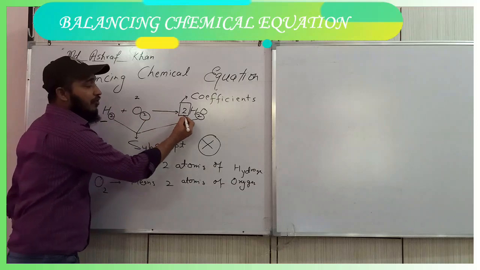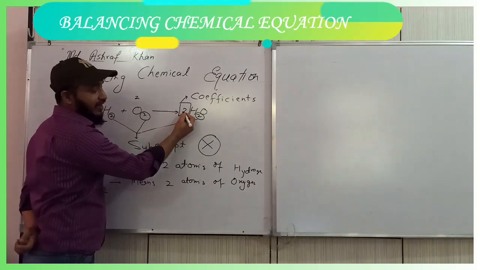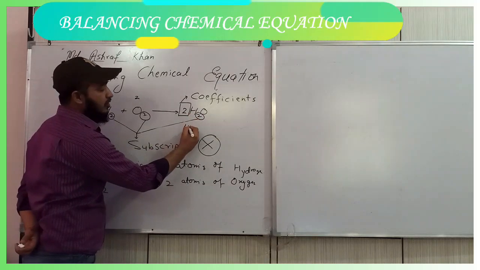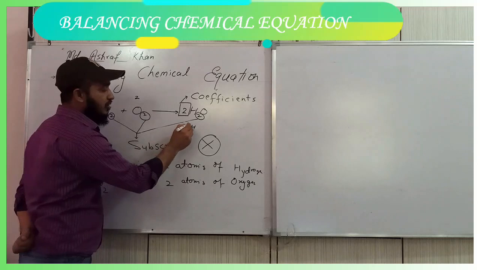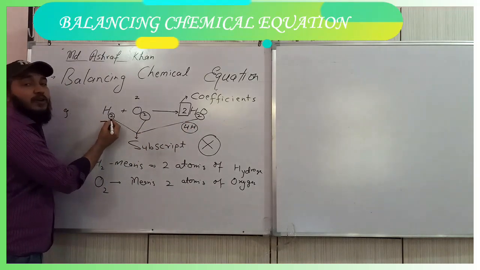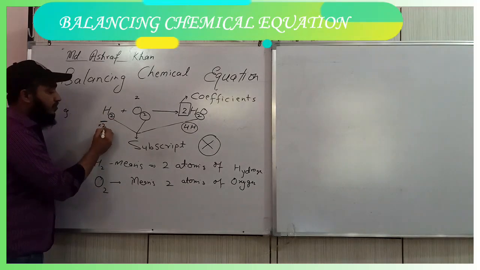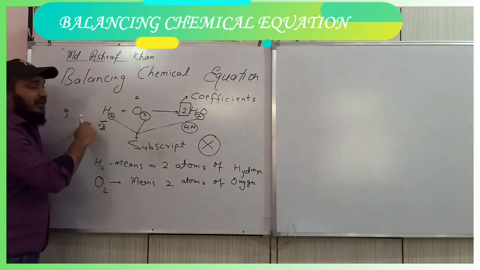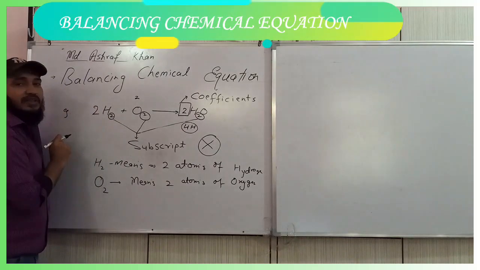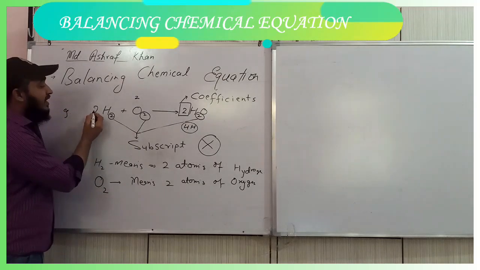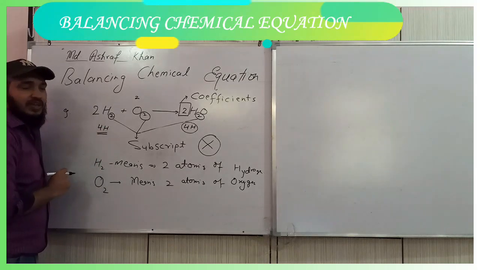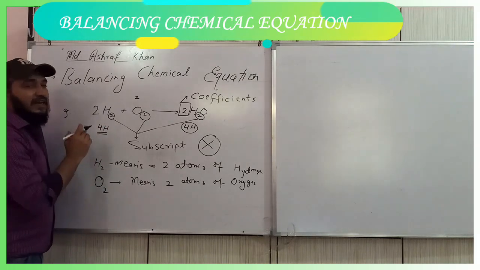Here how much hydrogen? How do you read it? Here 2 and this one 2. You multiply this 2 with 2. So 2 multiplied by 2, 2 twos are 4. So hydrogen becomes 4. So total hydrogen here is 4. But here how much hydrogen? Here hydrogen is only 2. So what will you do? You have to multiply it with 2 in order to make it equal. So 2 twos are 4. Where will you write 2? You have to write 2 in front of this molecule. Now you read this 2 multiplied by 2, total how much hydrogen? 4 hydrogen. In this manner, we always read a chemical equation.